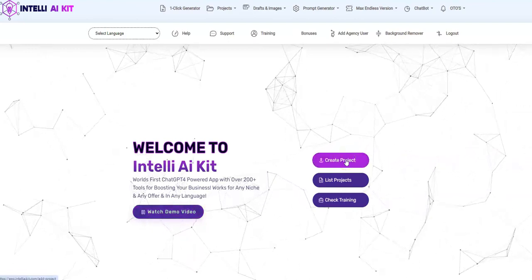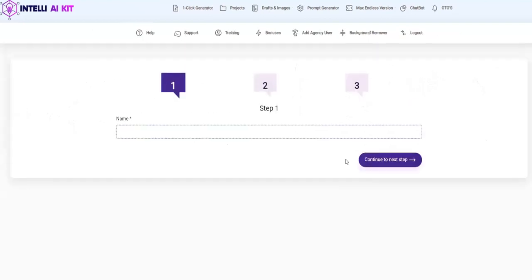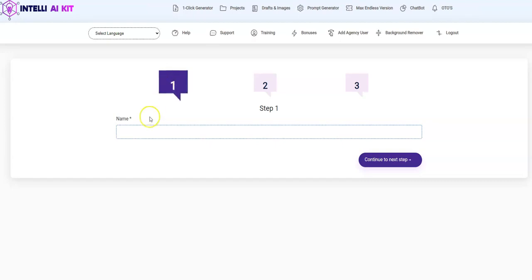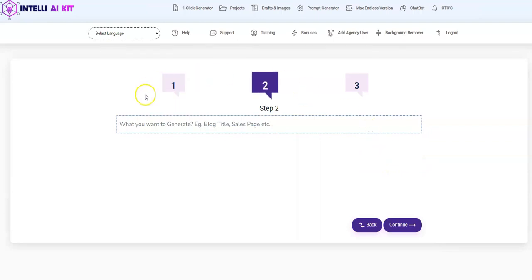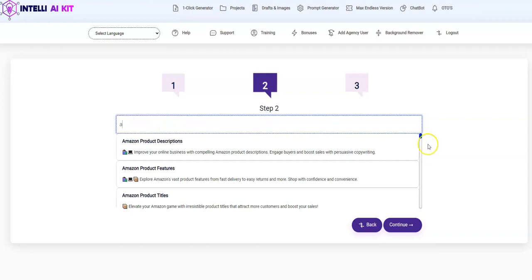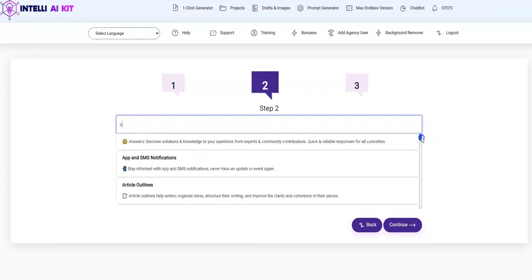So I'm going to click on create a project, and this will take you to this particular section where you need to follow 3 quick steps. So firstly, just name the project. I'm just going to name this project as project 1, 2, 3, 4, test project 1, 2, 3, 4 rather, and hit continue. And this particular section, it gives you a massive variety of